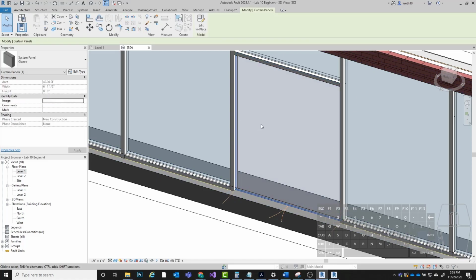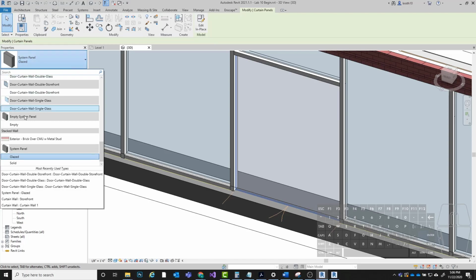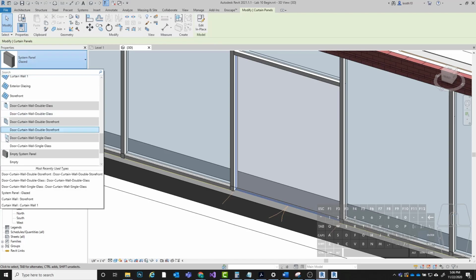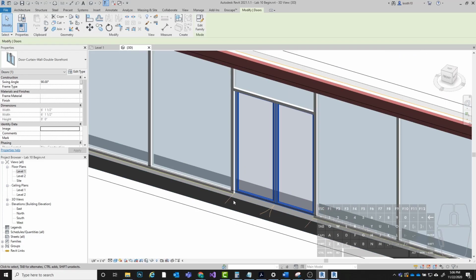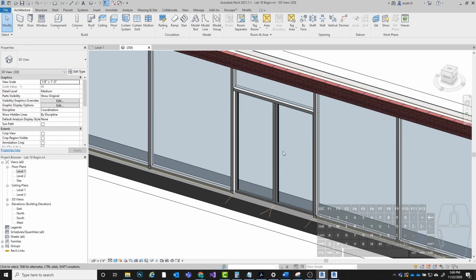All right, so now I have that selected. You can see here it says System Panel Glazed. If you hit the drop down, we can change that panel now, and you'll see we have those three door options that we inserted previously. All right, so the one that I want is this one that says Door, Curtain Wall, Double Storefront. All right, I'm going to click on that. And when I do that, you'll see it's going to add in a double door for me right there in